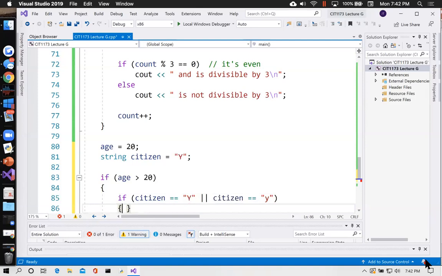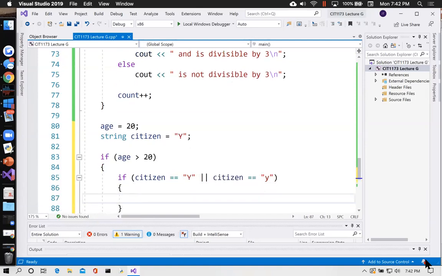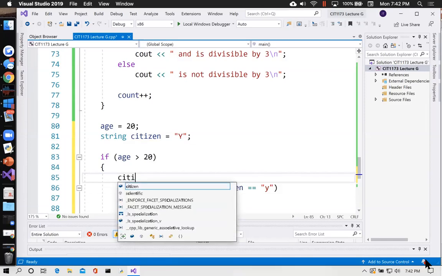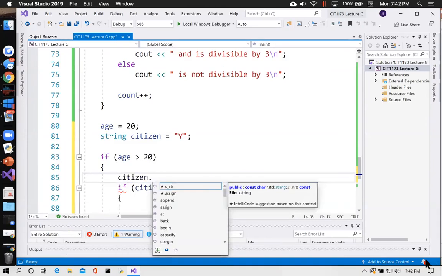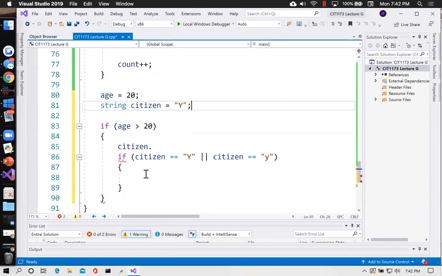Like that, right? Is there another way to check that? If I type in citizen dot to get a list of commands that work with citizen, do any of them check without case? No. That's all right. Okay. So if citizen is equal to y or the citizen is equal to lowercase y,